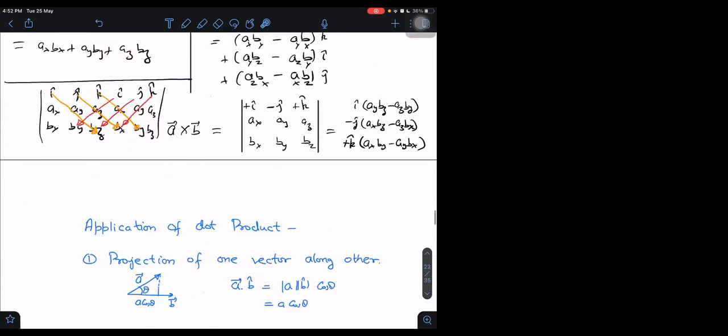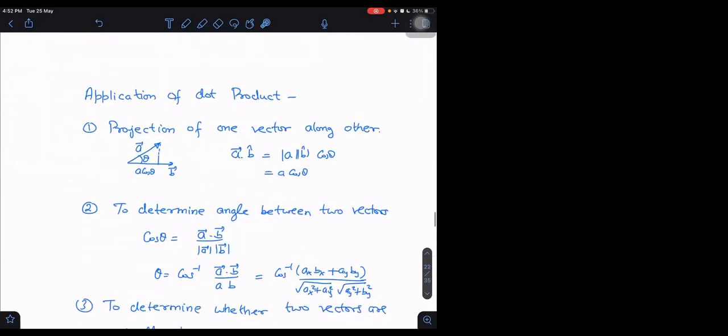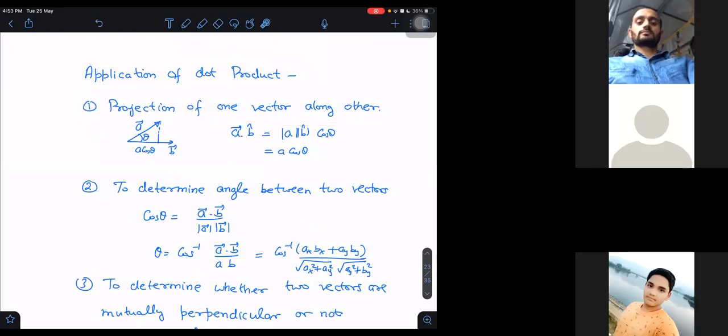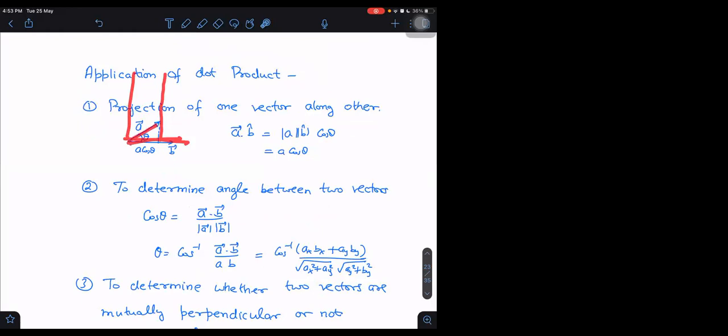Okay. Right. And after that, application of dot product. Let us understand the application of dot product now. One application, we can use it to find the projection of one vector along another vector. What we can use it to find? Projection of one vector along another vector. What do we mean by projection? Projection is like a shadow. For example, if it is a vector A and I drop rays perpendicular to the B vector, then A will cast its shadow on the B vector or not? What will be the length of the shadow cast? Yes, sir. The length of the shadow cast will be equal to this.